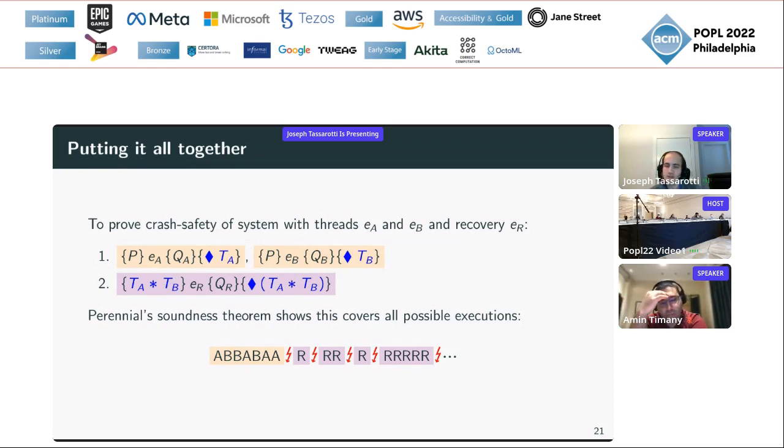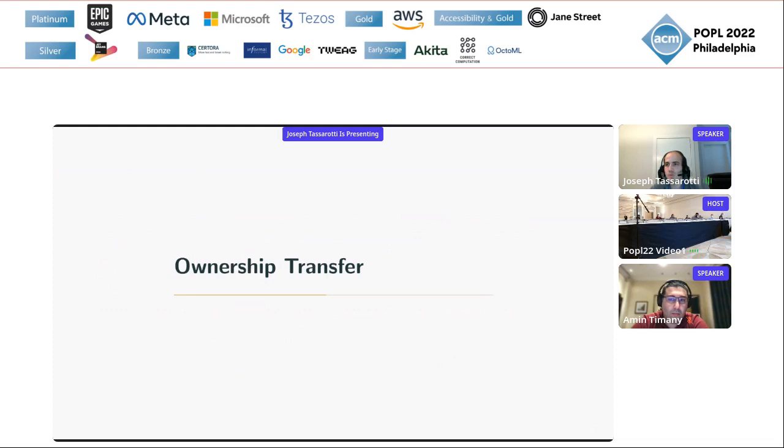All right, and now the caveat. I'm showing the version of what the soundness theorem obliges you to do for something with two threads and a single recovery procedure here. But the real full-strength version of the theorem covers an arbitrary number of threads. It handles dynamic forking of threads, and also the recovery procedure itself is allowed to be multi-threaded. But it's a natural extension of this intuitive idea I've given so far. So that's the key way that we adapt the underlying idea of concurrent composition from separation logic.